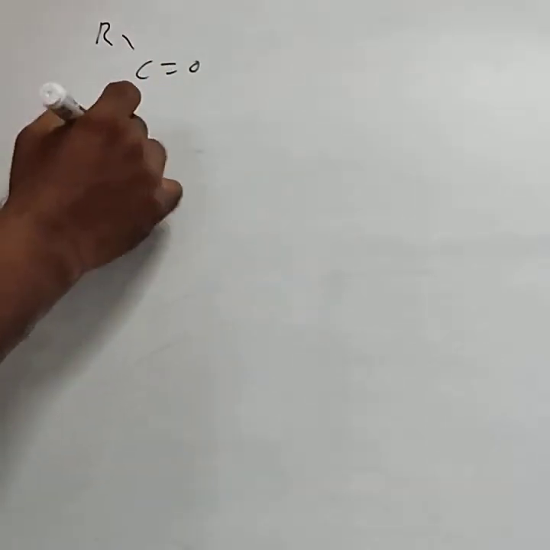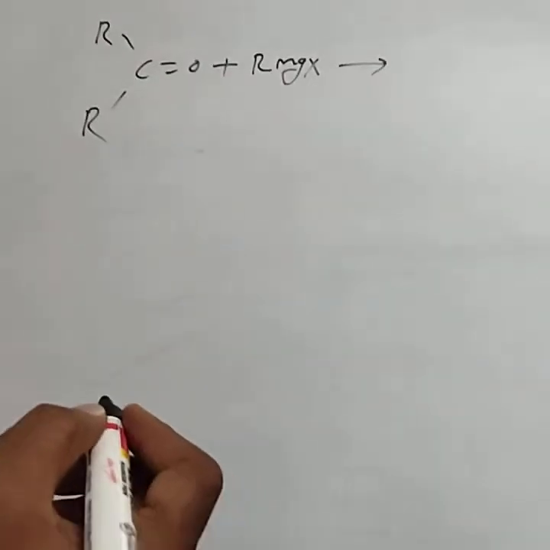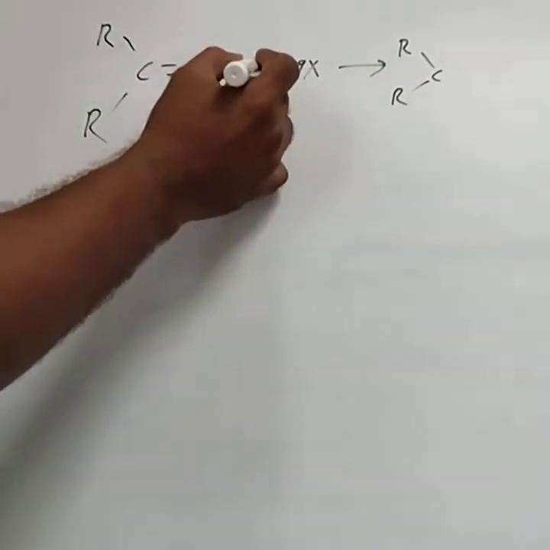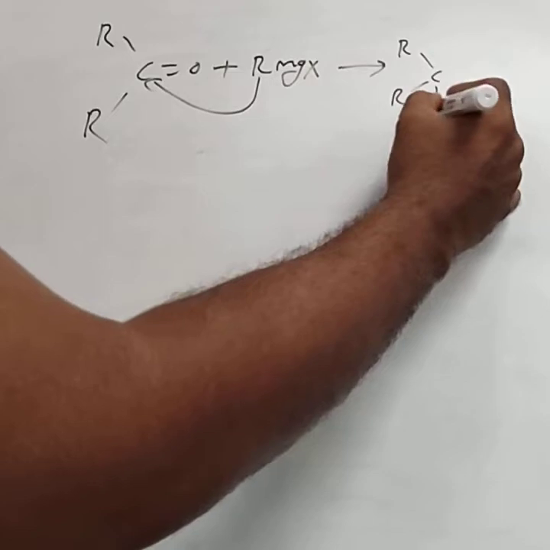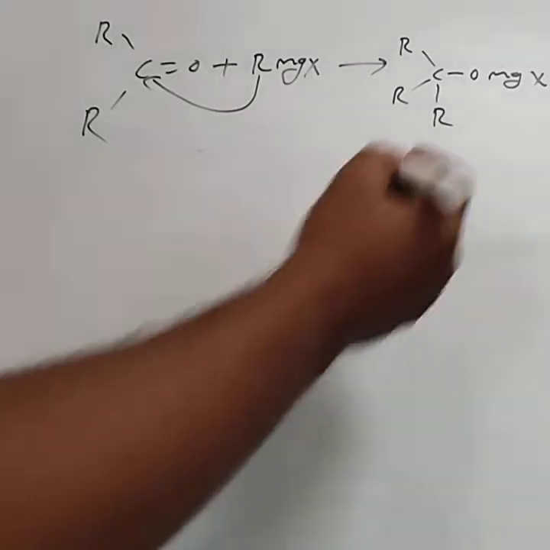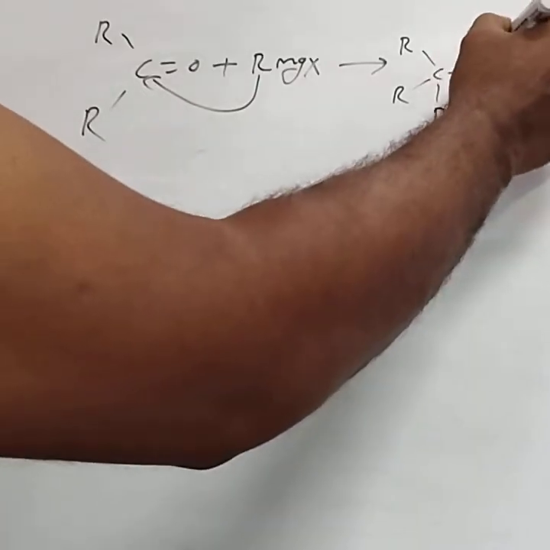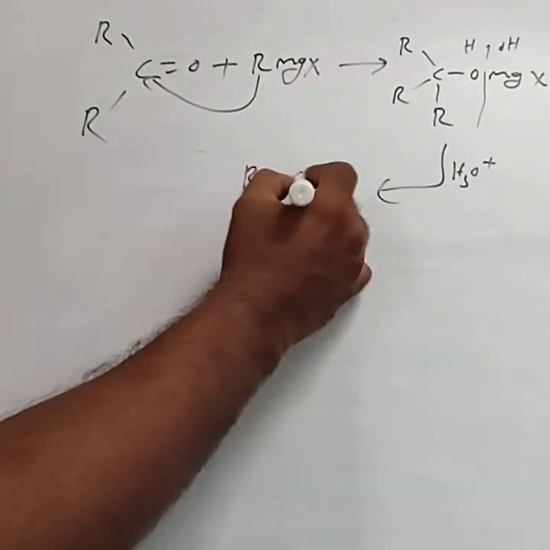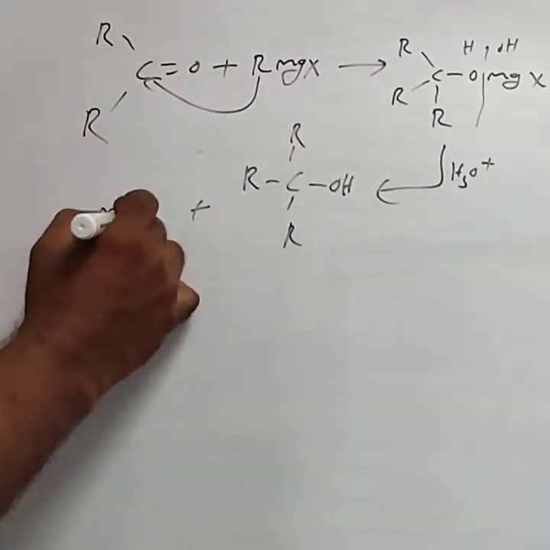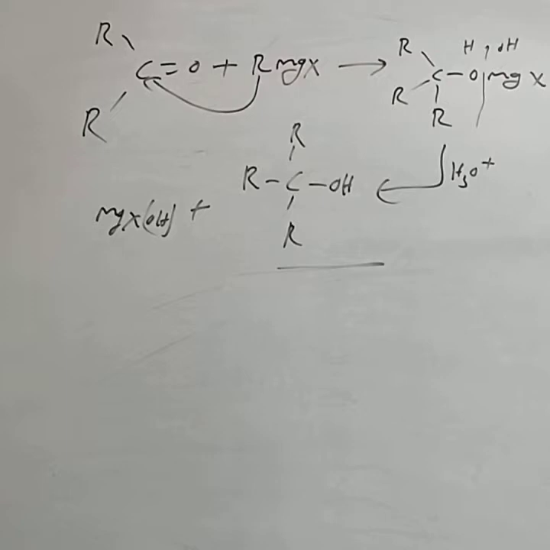Similarly, a ketone is RCOR. Ketone reacts with Grignard reagent RMgX. Then you can write the addition product as RCR, this being the ketonic part. This R is added to the carbon, then one more R, and OMgX. This is the reactive intermediate. This intermediate on acid hydrolysis with H3O+ undergoes bond cleavage, and to this part HOH is added. Then the product formed is R3COH and MgXOH. What is the product formed? This is called the tertiary alcohol.